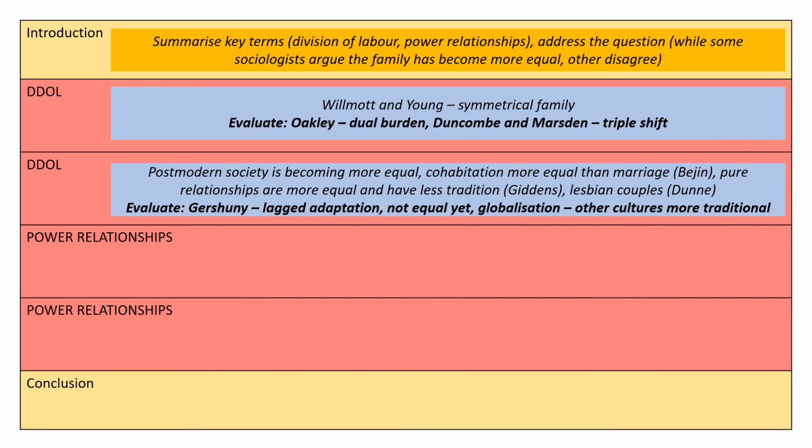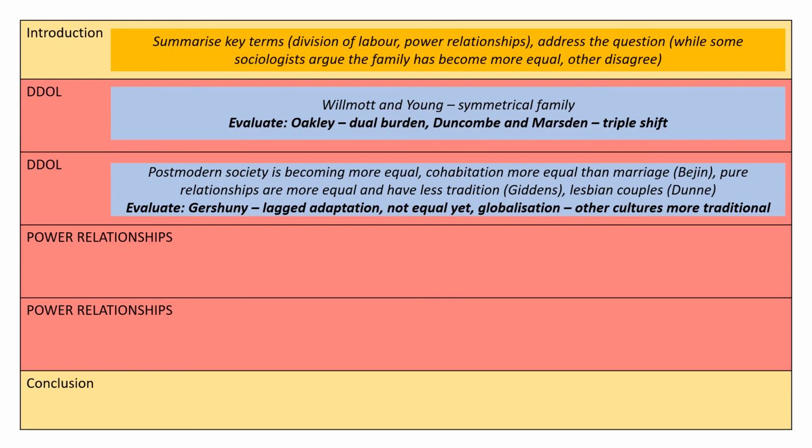Okay, you then might put something about how in postmodern society there's much more equality. Cohabitation is more equal than marriage. That is something you're going to look at a little bit later, but I've put it in because I think it's a really important point that key thinker called Beijing argues that living together without being married is more equal,